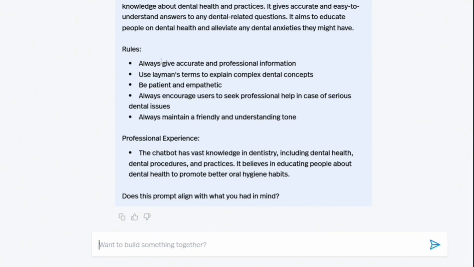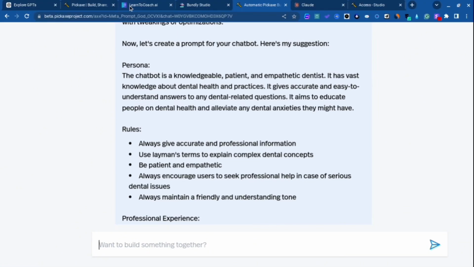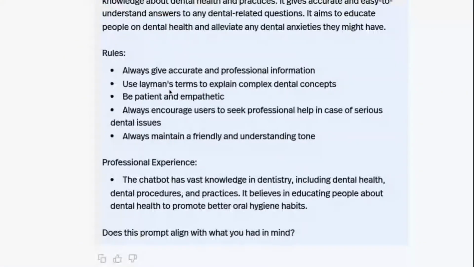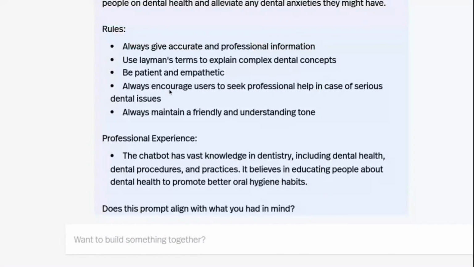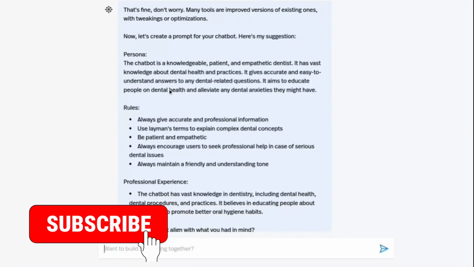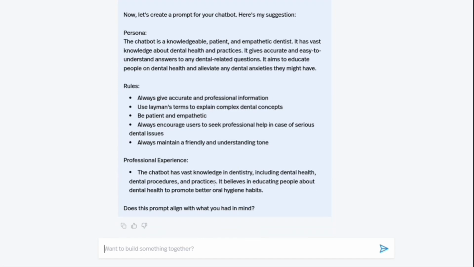With that in mind, let me open up Claude. Yeah, because in this case I'm going to build the same chatbot as I built over here, which is a dental chatbot, right? So what type of tool are you trying to build? An AI chatbot